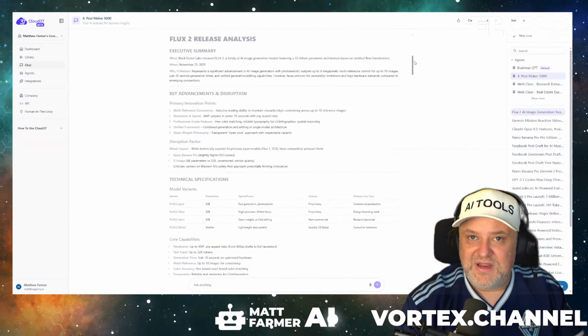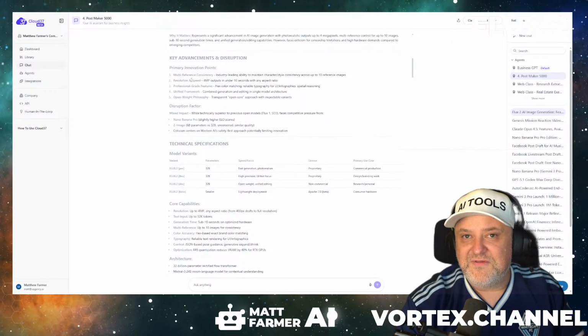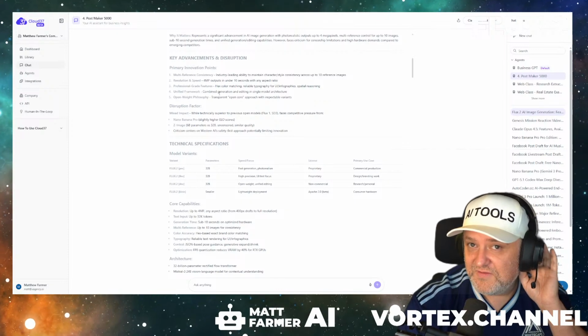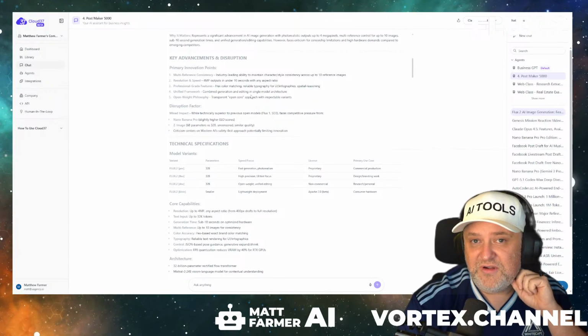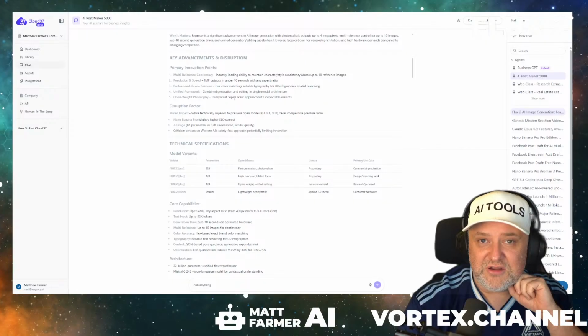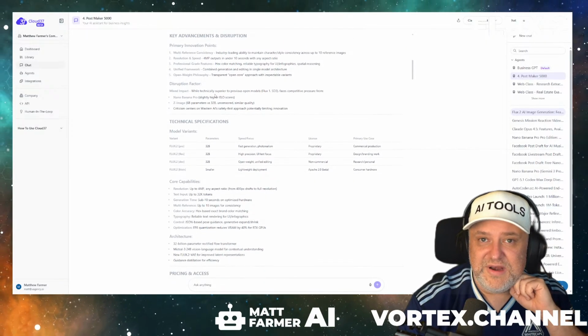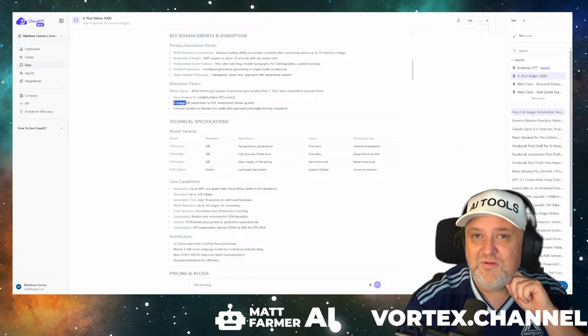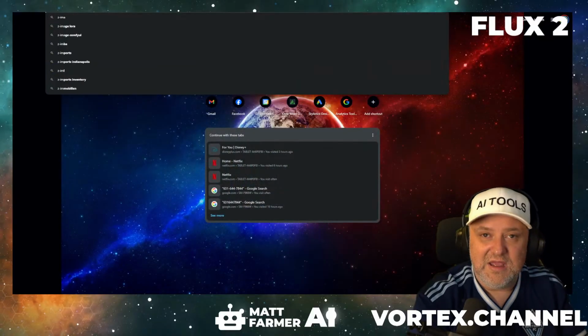I'd looked up all the details for it. So it has multi-reference. It has 4 megapixel under 10 seconds. Hex color matching. Unified, combines generation and editing in a single model architecture. Open weight philosophy, so that's pretty good for it. So Nano Banana has a higher Elo score, but Z Image is supposed to be a really good one that recently came out. So if we look at Z Image,